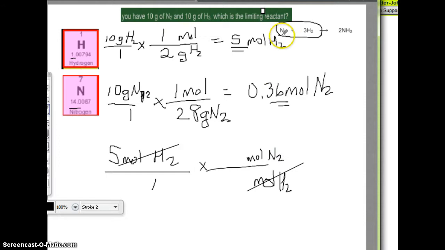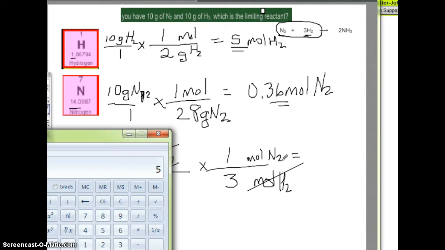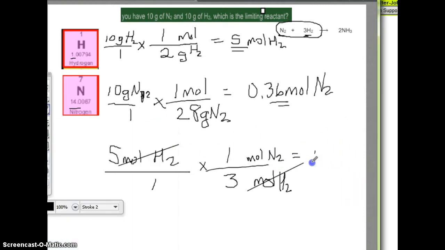And so I look at my equation, how many moles of N for every 3 moles of H2? 1. And then the number on the bottom is 3. So put it in your calculator. 5 divided by 3 is 1.67 moles of